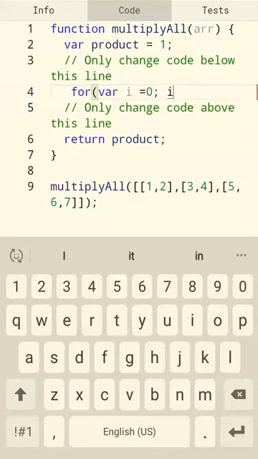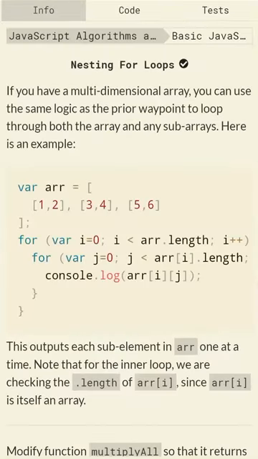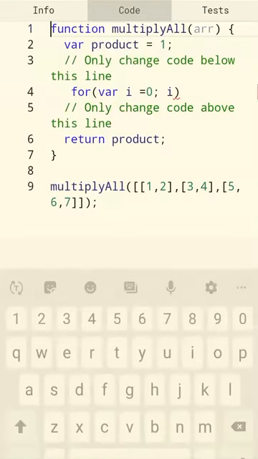Yeah, so you have var i = 0, i less than r.length, and then last is the decrement activity, which is i++. And don't forget the semicolon after the initialization and after the condition. So I'm doing it a bit slowly so that you understand the gist of what's actually happening here. Just consider it as two arrays, one nested inside the other. Like in the given example, it's the same thing.